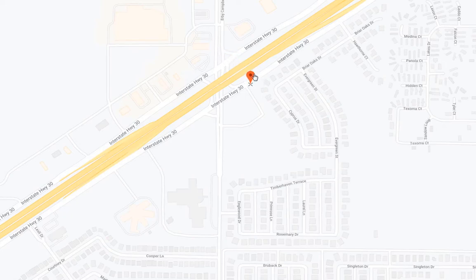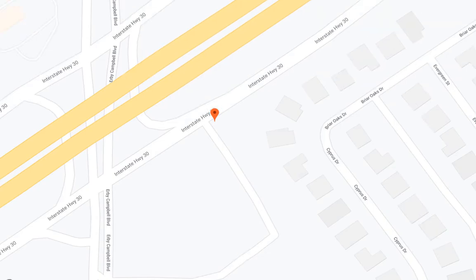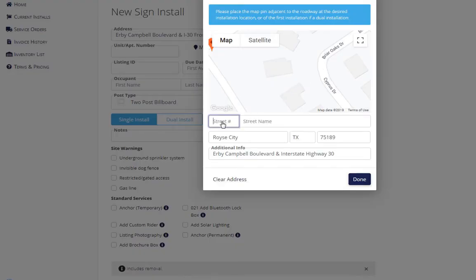And I'm going to zoom in really tight here. This is quite exact, so I want to make sure I get this pin right where I want it to be, right in that corner, because we know that's quite narrow, and we want it to be seen from I-30. So we've gone ahead and got that done. We're going to close this out. And again, we're going to specify 0, and we're going to say I-30 frontage,